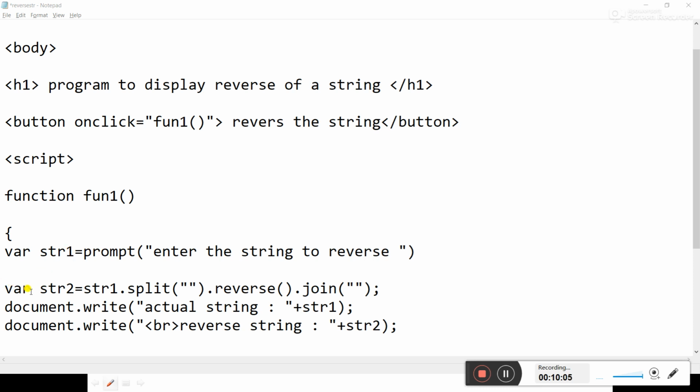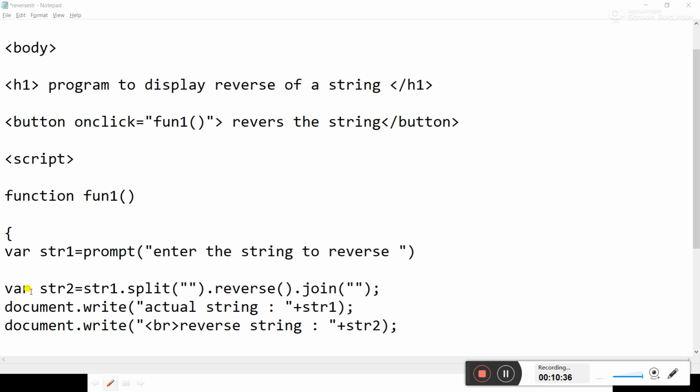Then str2 is equal to str1 dot split. What is the split method? Split method is used to break the string into characters. We have accepted this string and now split it into characters. After that, dot reverse is a method which is used to reverse them, and then dot join is a method which is used to join all the characters to convert them into one string.